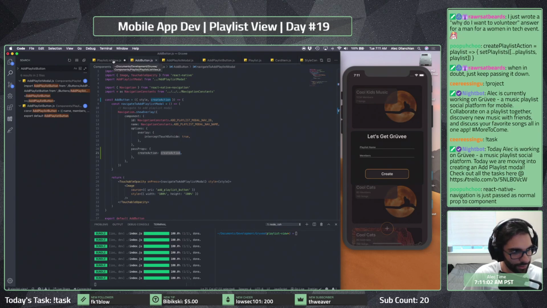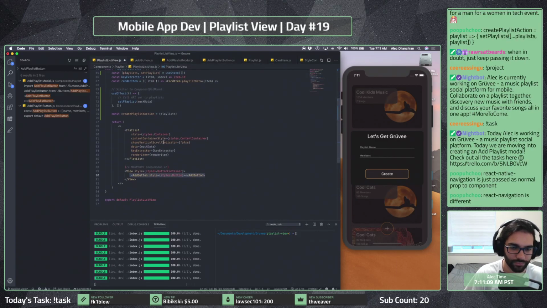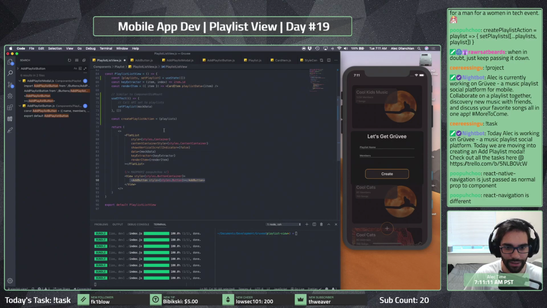Just passes a normal prop to the component? Okay, sweet. That's what I would have assumed. Okay, and then finally we're at the add button, which we can do. Create action. And at this point we are doing create